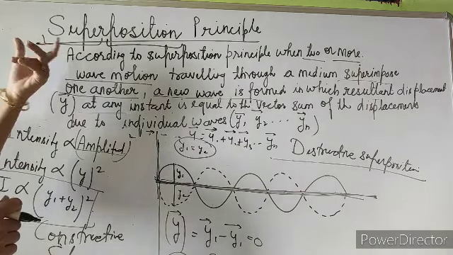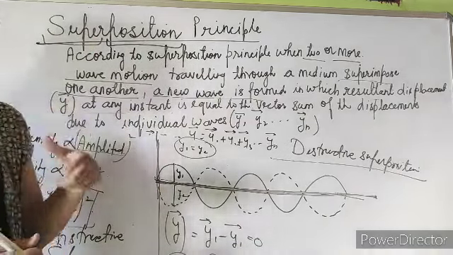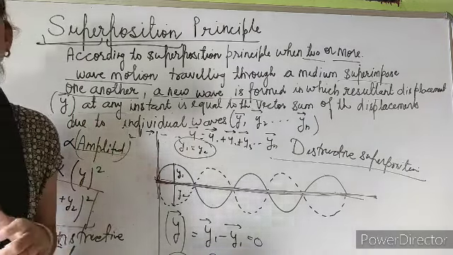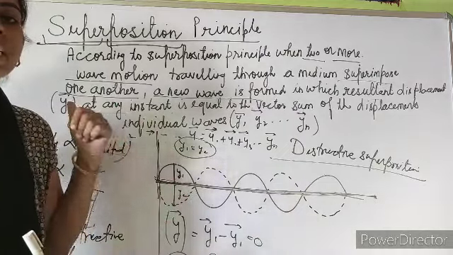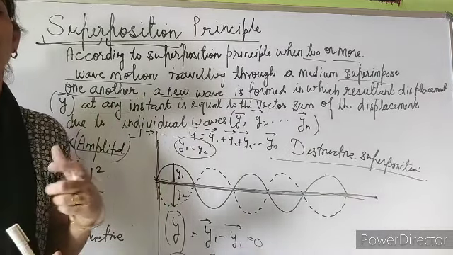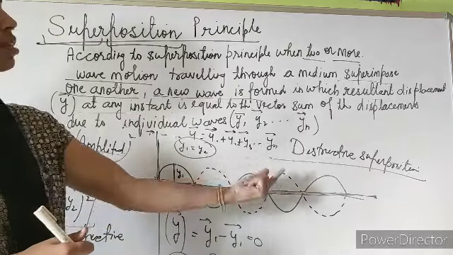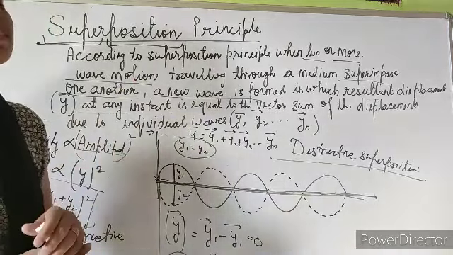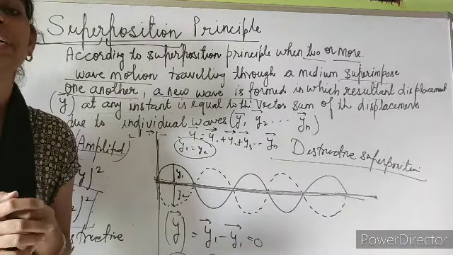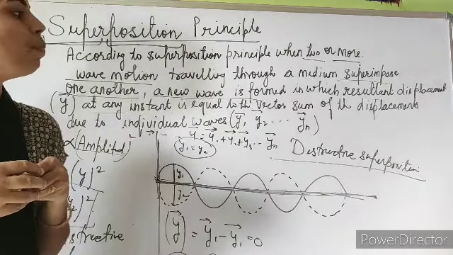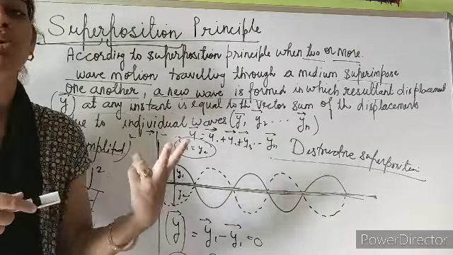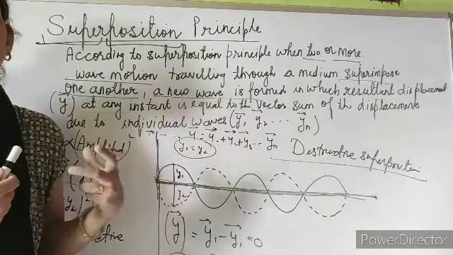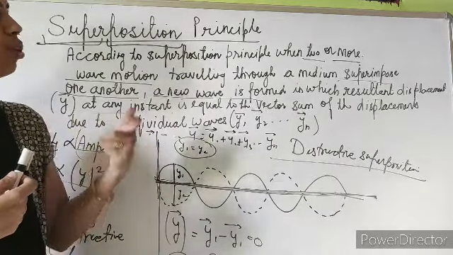Now students, the principle or phenomenon of superposition is possible only if the sources of these two waves have some property, and the main property is coherent sources. If the waves have the coherent property, only then the phenomenon of superposition, the phenomenon of interference, is possible. So in the next lecture we will understand about coherent sources. What are coherent sources? What are the properties of two coherent sources? How can we call two sources, two waves, coherent, what properties and conditions should there be, only then can we call two waves coherent. So in the next video we will cover that topic.